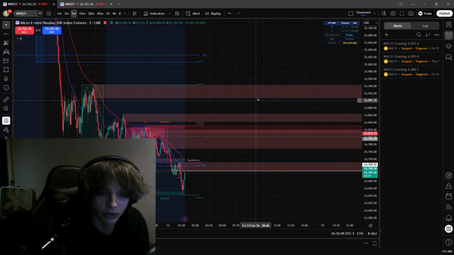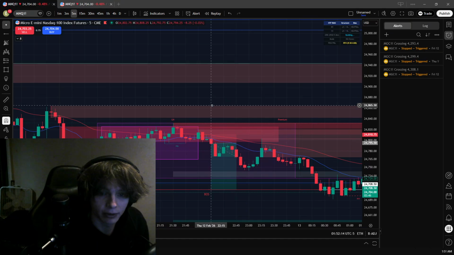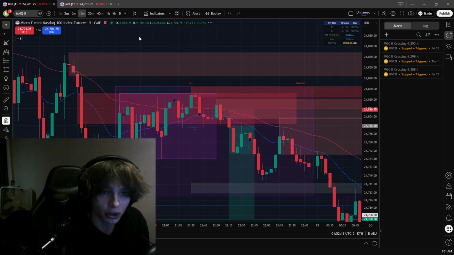Starting off, this was getting into the market here. This is right when I got in the market. I have it marked out here with this chop zone. Okay, so starting off,